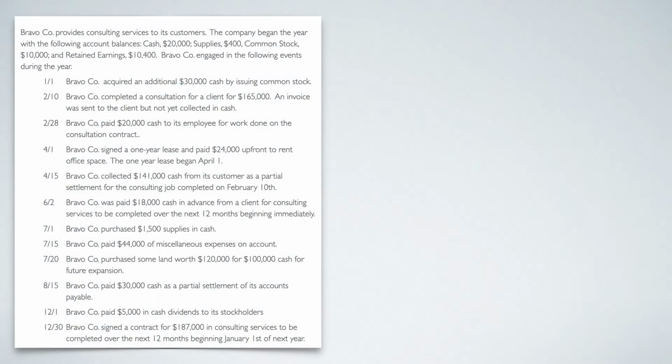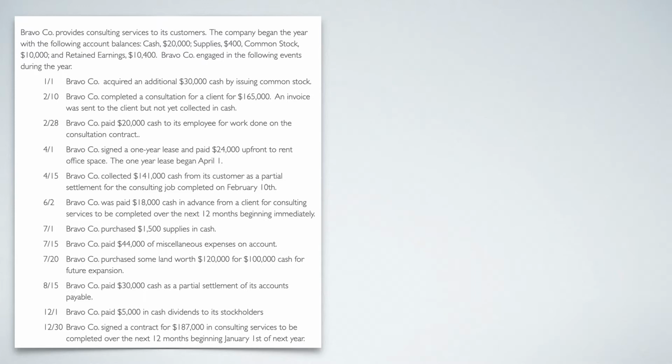This is part one of the example. So in this video, we're going to be doing the journal entries and the T-tables. And in part two, the next video, we're going to be taking everything that we did in this video and putting it into a trial balance. So this is going to give you a couple steps in the accounting cycle, a little bit of practice. So let's go ahead and begin.